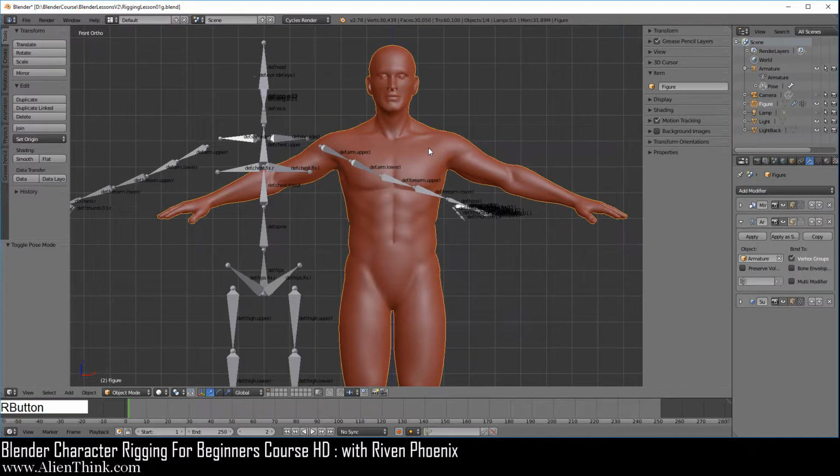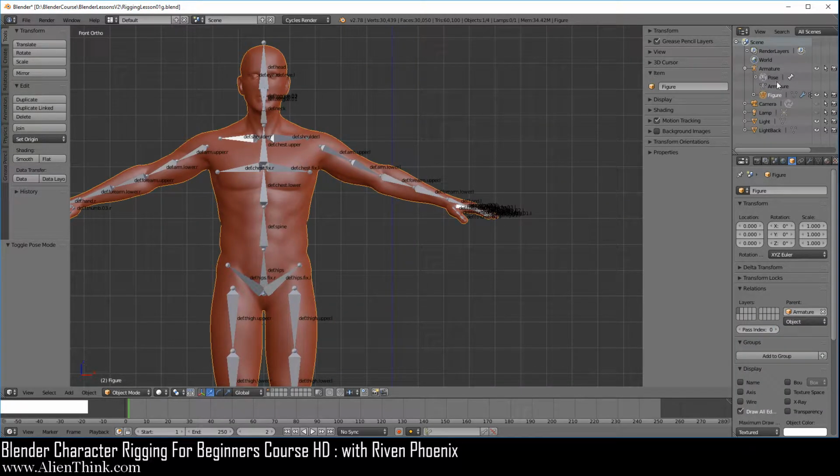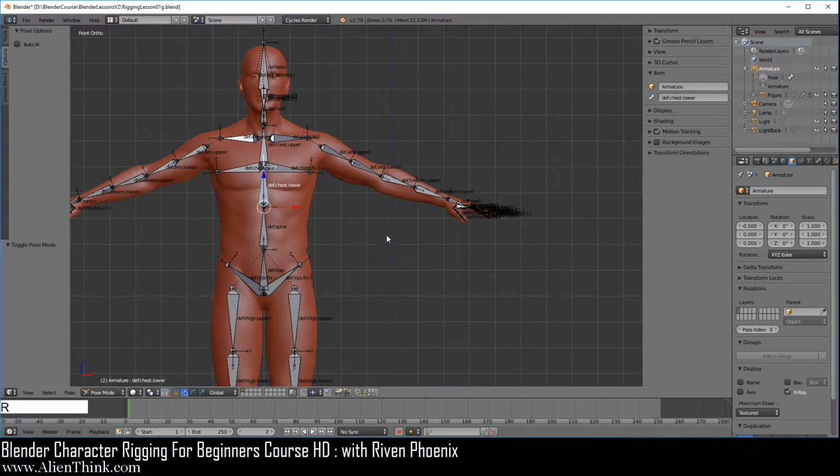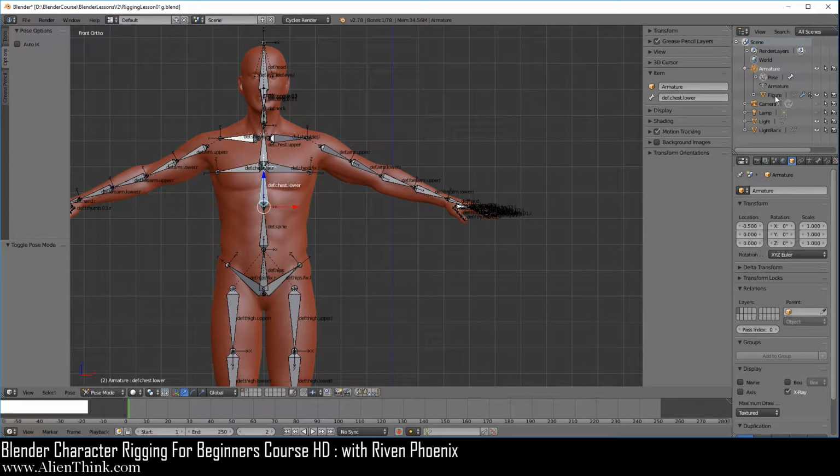So if we click on this figure and go to the object tab and now click over here, click on armature, now the figure is the child of the armature. Of course, if we click this over here and press the R key, everything's going to work the way it should. So this is why it's important to always have the figure as the child of the armature. Even though Blender allows us to drag it out, we shouldn't. Okay? So now you understand how this concept works.